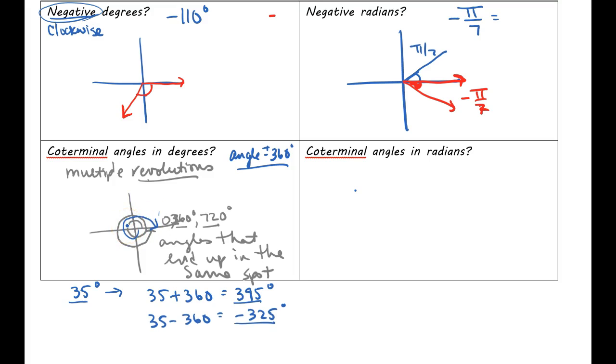They would all end up in the same spot on the coordinate plane, and that's what it means to be coterminal. So sorry if that's super redundant, but I will tell you this is the hardest part for pre-cal classes. I don't know why, but it kills people. So keep these notes, put a big star on them, okay?